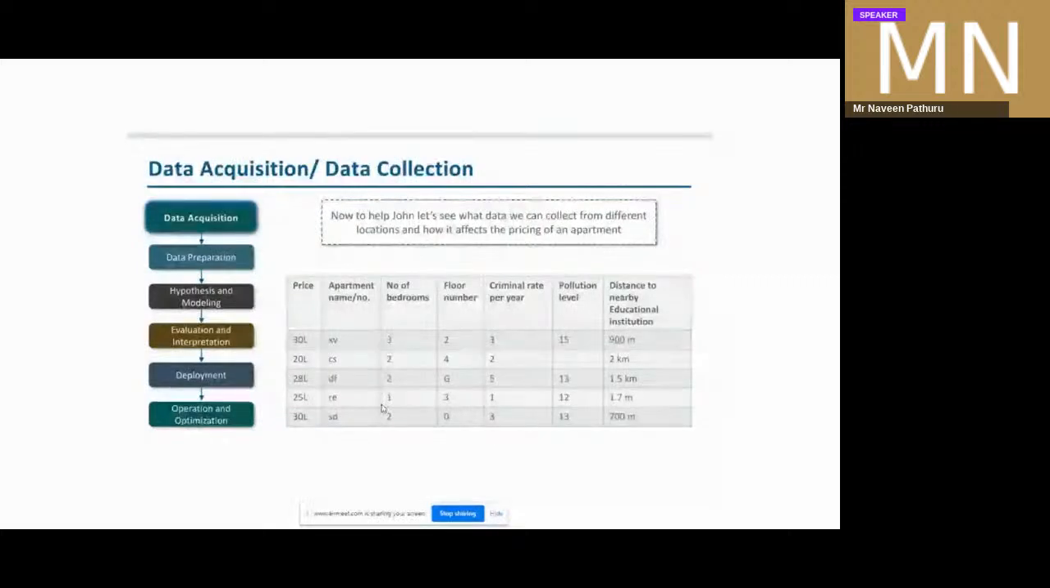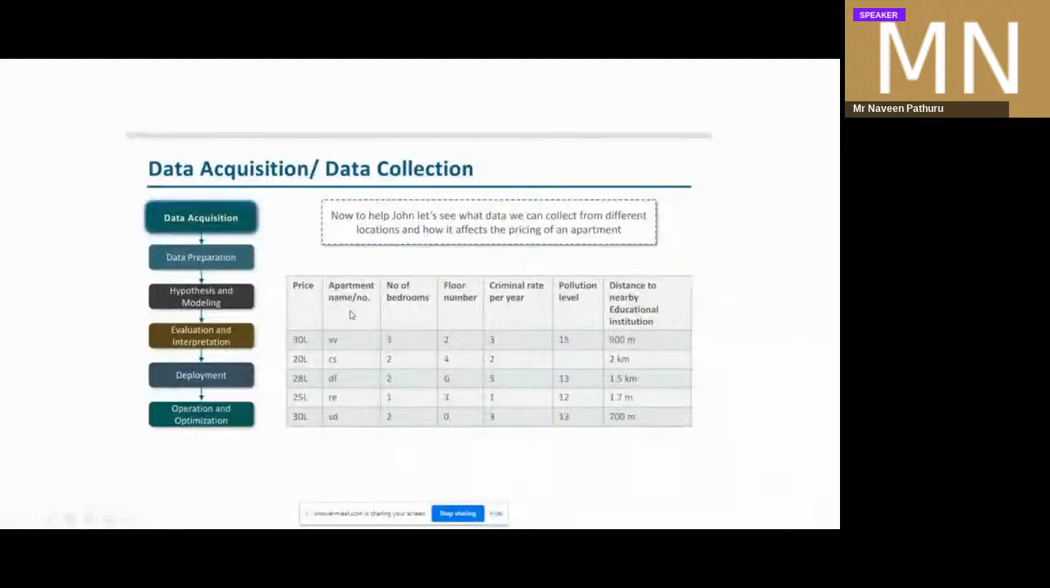Imagine a scenario where we have a group of apartments data. So here is the price of an apartment, and here is the apartment name or number. Here is the number of beds, floor number, crime rate per year, probably in that colony or in that location, the pollution level, distance to nearby education institution. Most of the time in a scenario like this, we're interested in the price of an apartment. The price of an apartment may depend on